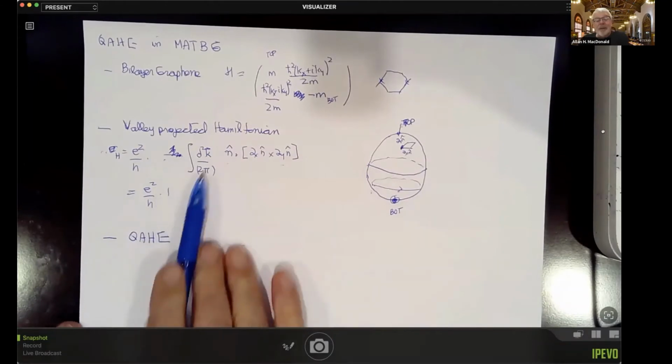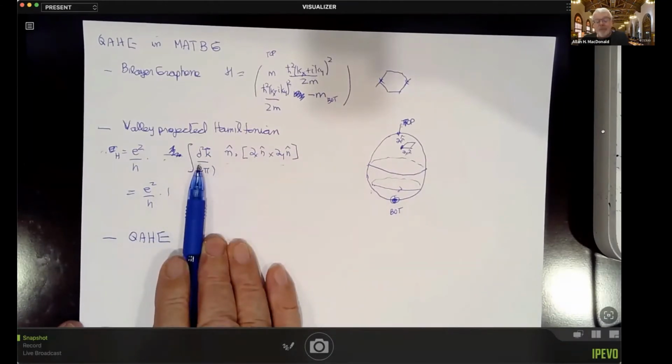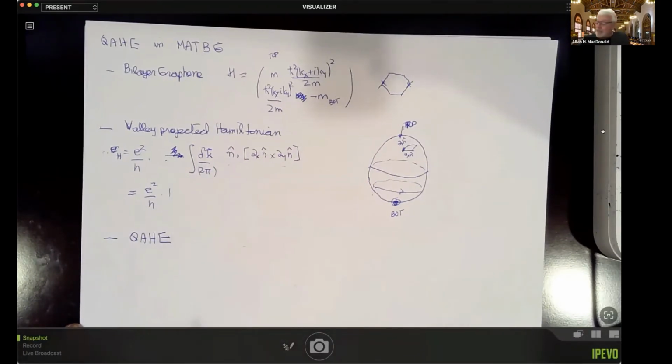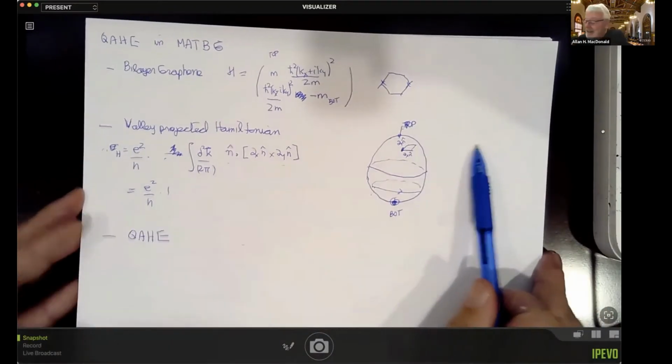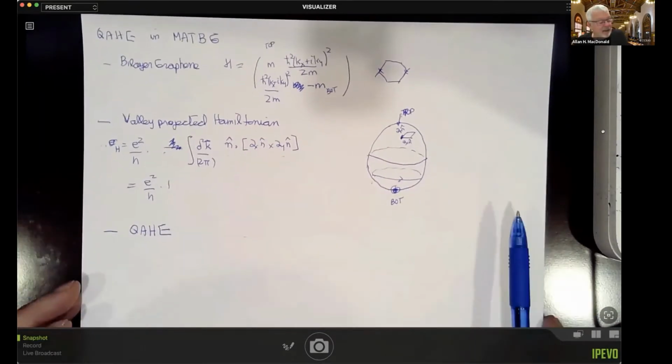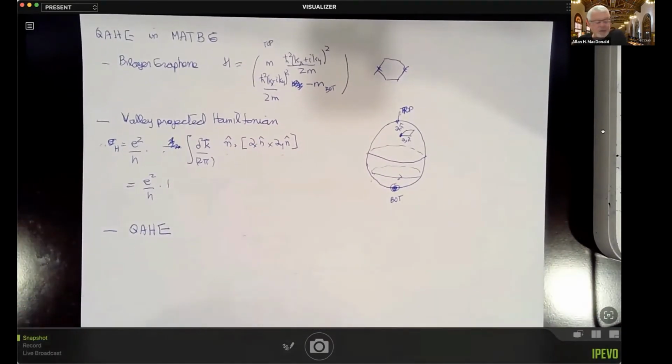A similar sort of argument says that the Hall conductance is half quantized, and I'll come back to this when I talk about the topological magneto-electric effect. If I have a single layer graphene system, a single Dirac cone, that gives a half quantized Hall effect, and so you need two of those, of course, to make a legitimate crystal.